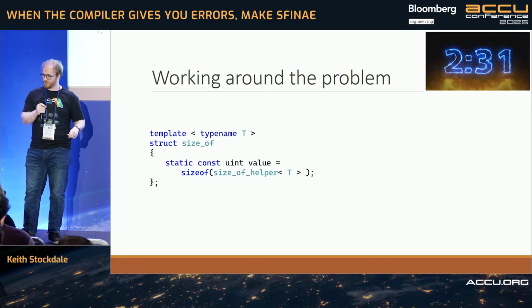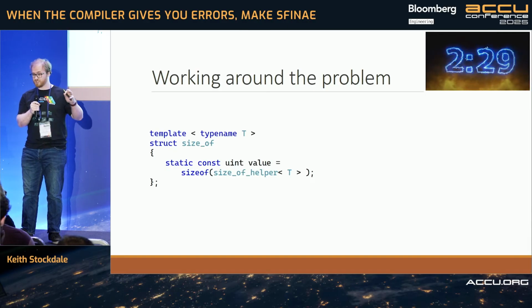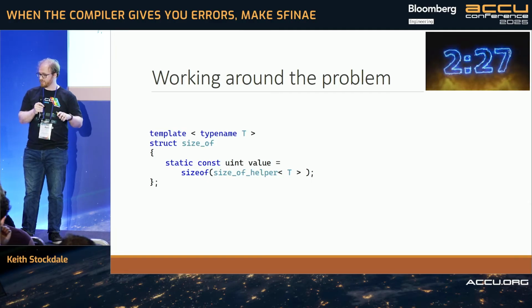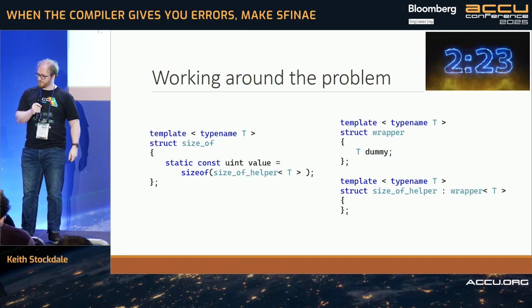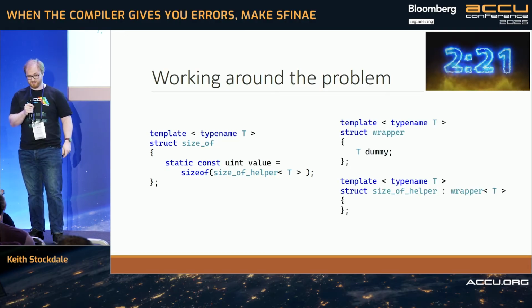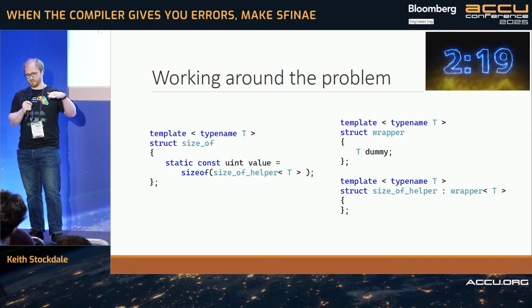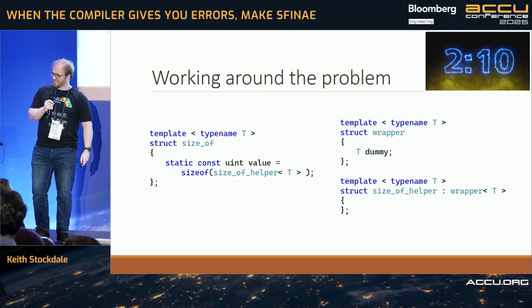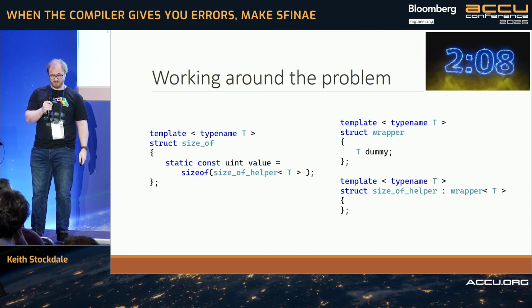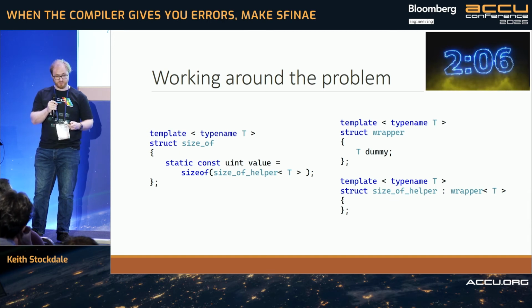But the nice thing is, once we're doing all of this work to test, we find a loophole. We can actually work around the problem. We can make our own sizeof by getting the size of a sizeof helper and passing in the type. And the loophole is that, yes, you can't get the size of any struct that has an enum in it, but you can just hoist that enum up to a base class, and then it can get the size of. So we've worked around the problem, thankfully, thanks to the power of SFINAE.